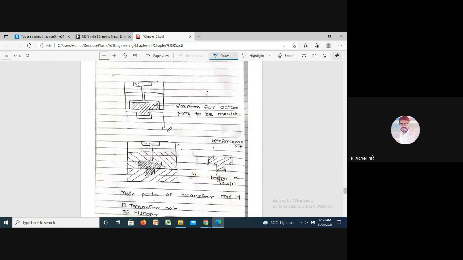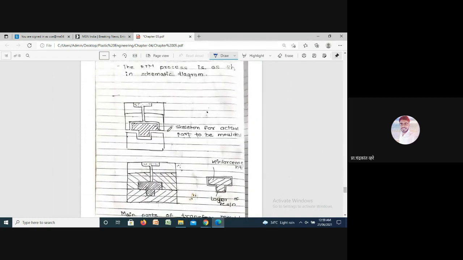The resin type is also called RTM, resin transfer molding, in which a heated mold is closed by putting reinforcements, which are oriented into the skeleton of an actual part. I will show the diagram.